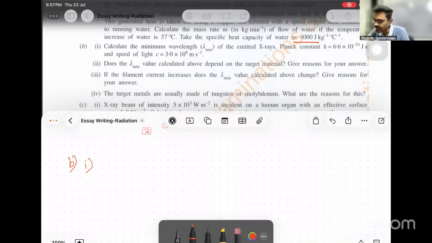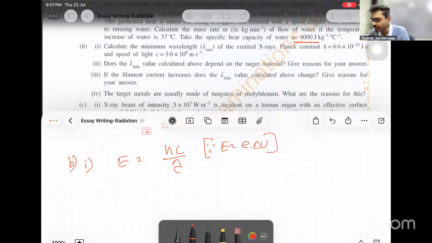B1. Calculate the minimum wavelength, lambda min, of the emitted X-rays. Planck's constant is given and speed of light is given. Okay, minimum wavelength now. So we know energy equals hc over lambda. And this energy is due to